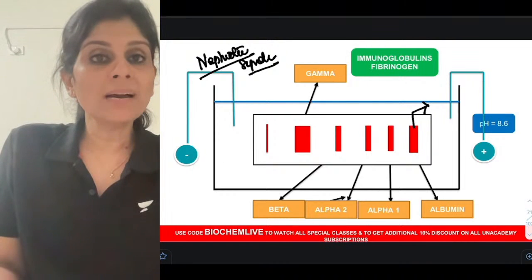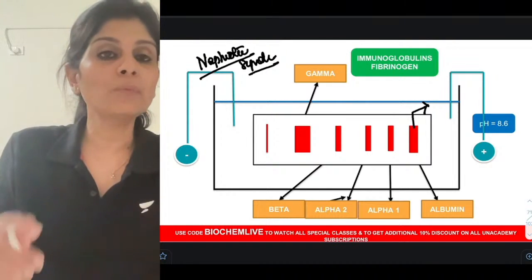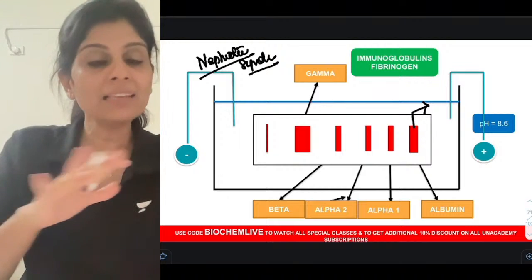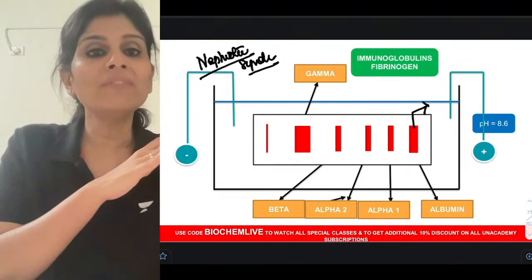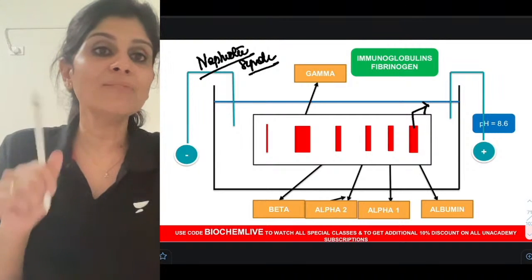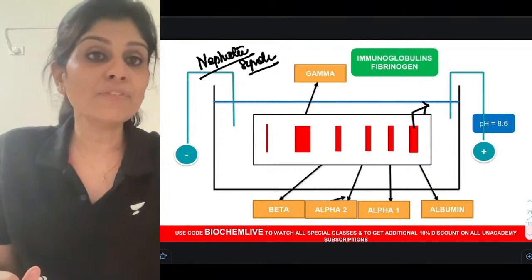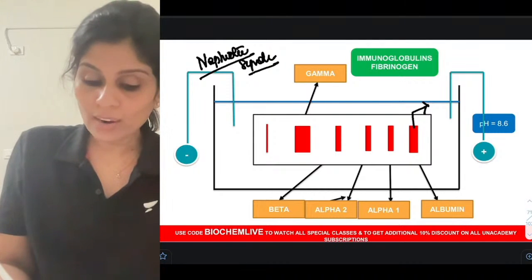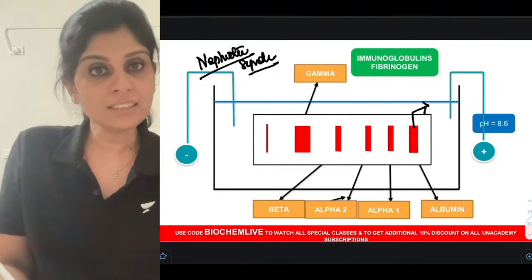How will the albumin band be in nephrotic syndrome? It will be very light. As a matter of fact, all the bands in protein electrophoresis will be very dull looking. The only band which will not have lost its intensity is the alpha 2 band. Why do you think the alpha 2 band alone would not have lost its intensity?